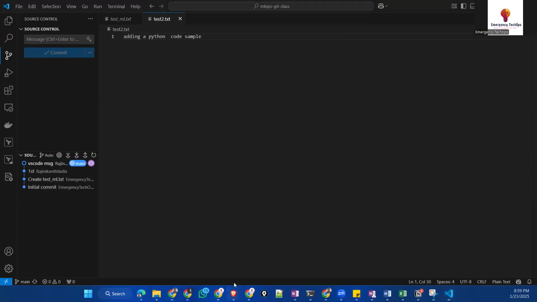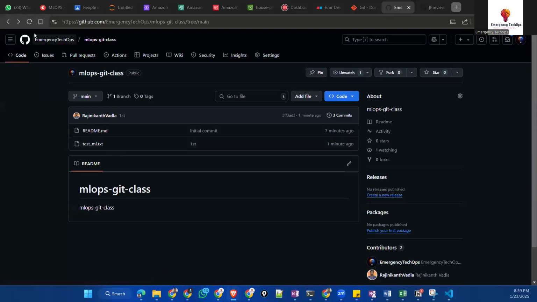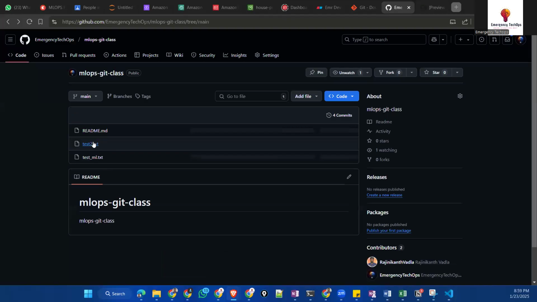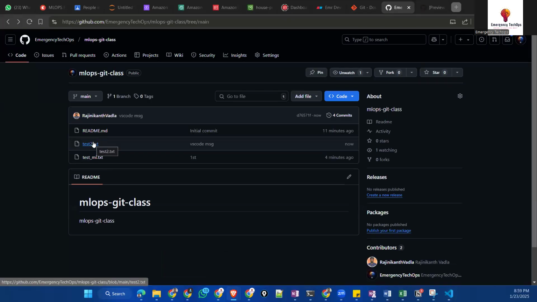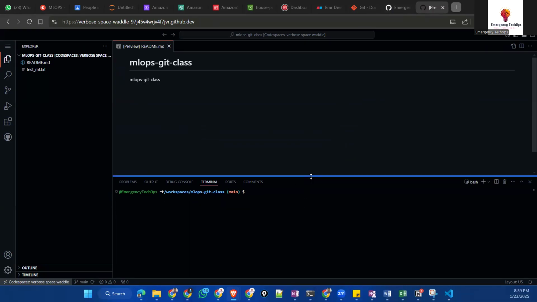If I come to my repository, there is no other file. If I do refresh, I am able to see the other file. Okay. So this is a basic Git workflow that we are doing. And if you enable any Codespace at the browser level only, you can do all kinds of work, whatever you're doing at the local VS Code.